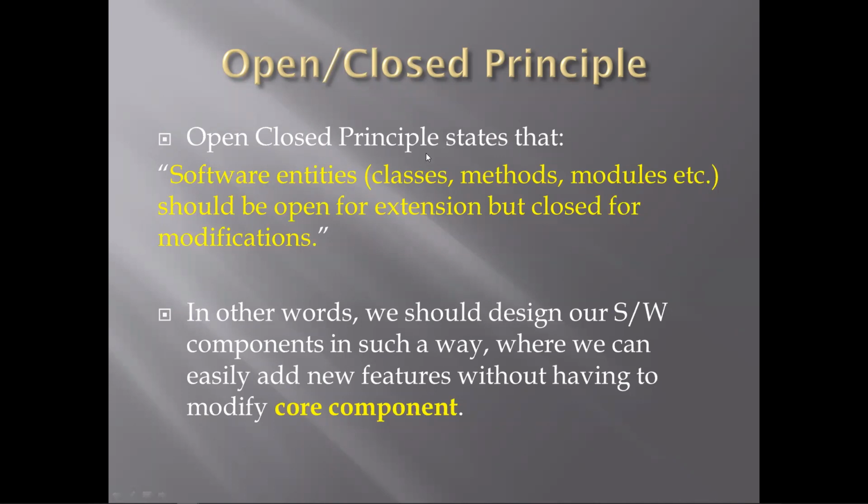As its definition says, software entities can be classes, methods, modules, etc. The software entities should be open for extension but closed for modification. In other words, we should design our software components in such a way that we can easily add new features without having to modify the core component. Okay, so what it tries to say is,